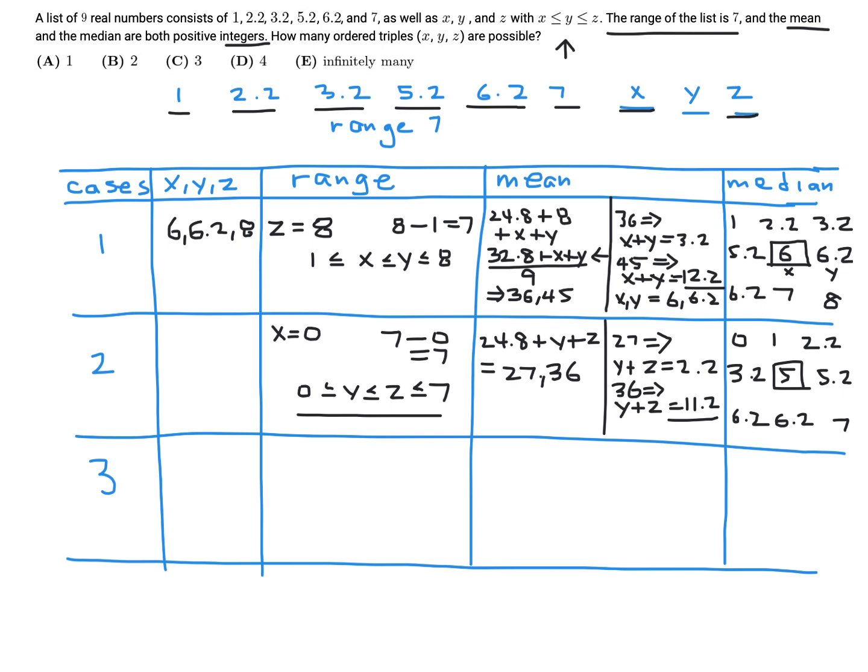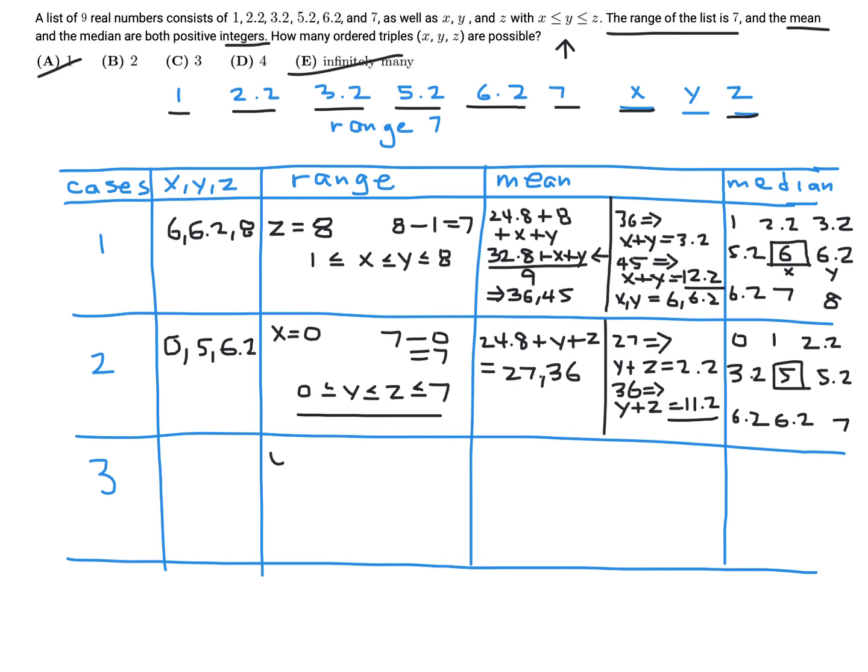So that means this would be 0, 5, and 6.2. Okay, and then I think one more case, I believe. So we can immediately cancel out this guy. And I highly doubt there's infinitely many. So we can